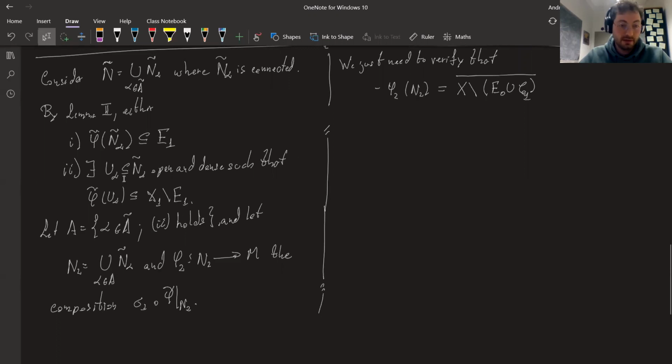And this part goes to something that is not in the exceptional divisor. And therefore, the composition with sigma 1 is again going to be a local immersion. So it's enough to verify here. And this follows in a not too difficult way, because, just a little remark.